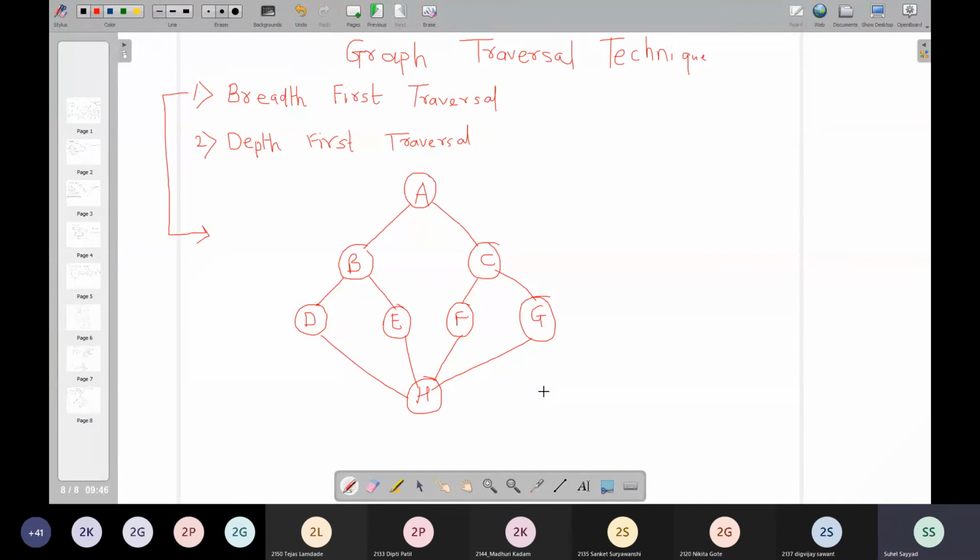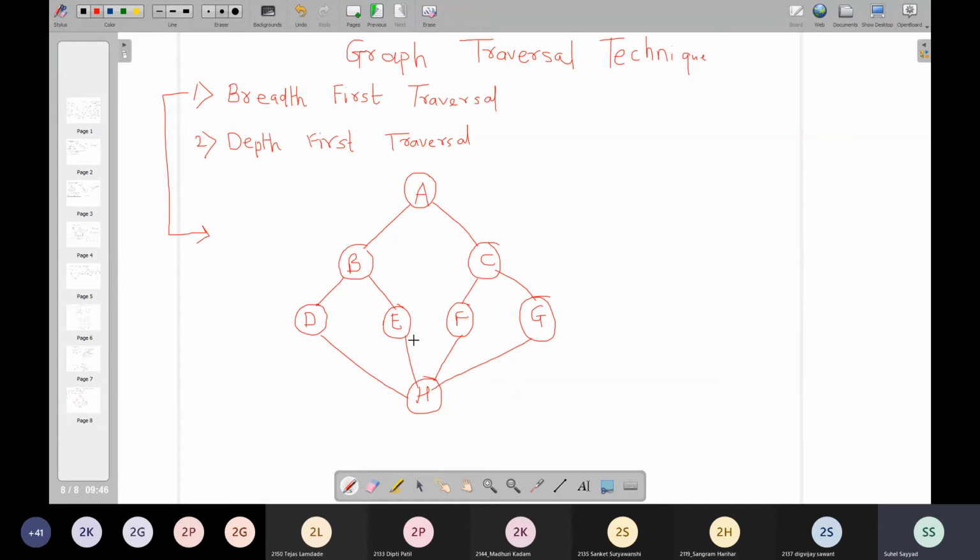Can you tell me whether this is a tree? I think no, sir, because H has multiple parent nodes. Correct. Which vertex can you find with multiple parent nodes? H. Very good, it is a correct answer. I cannot call this a tree. It is a graph, but it is not a tree because H is having multiple parent nodes, and that's why we are getting certain cycles over here. Cycles are not allowed. When we define a tree with respect to a graph, it should be connected and there should be no cycles. But here we have cycles formed, so this cannot be called a tree, but this is a graph.